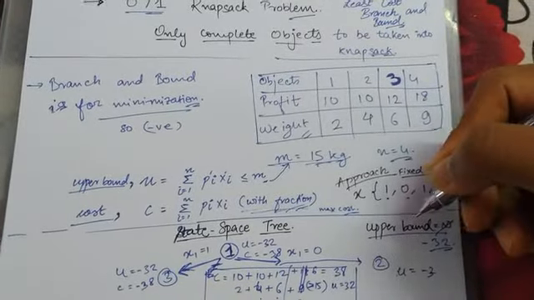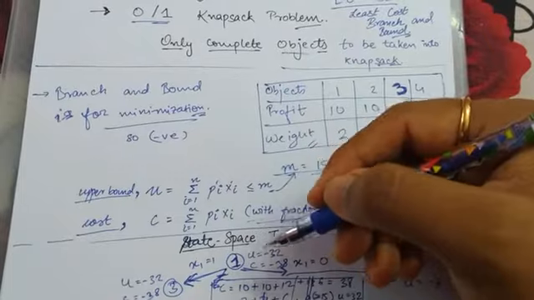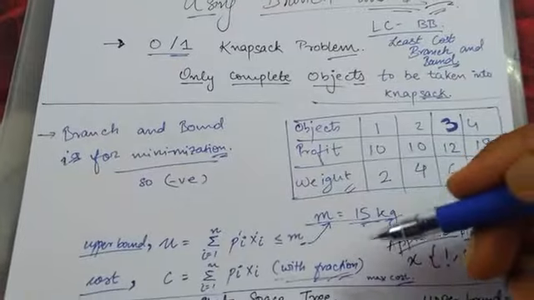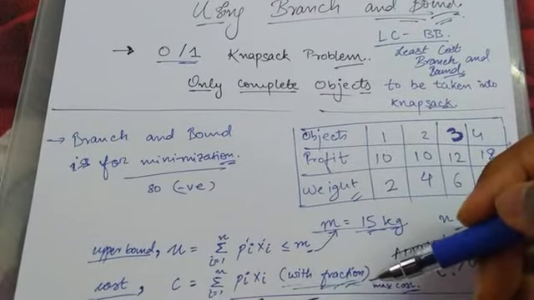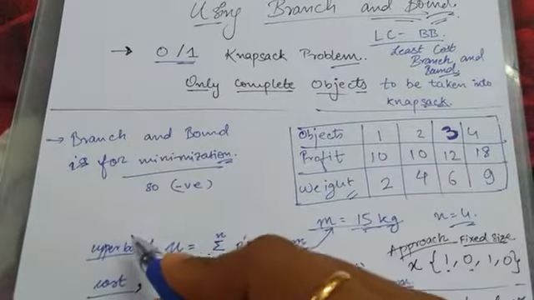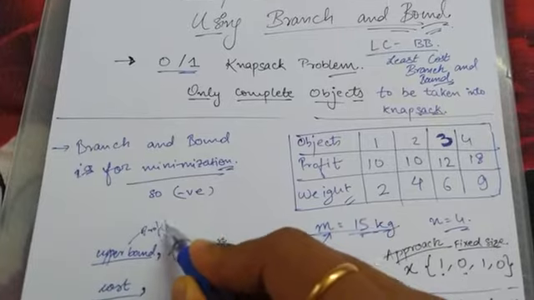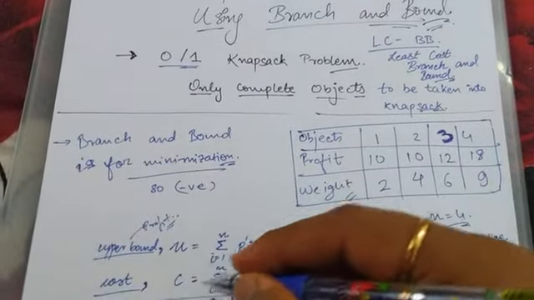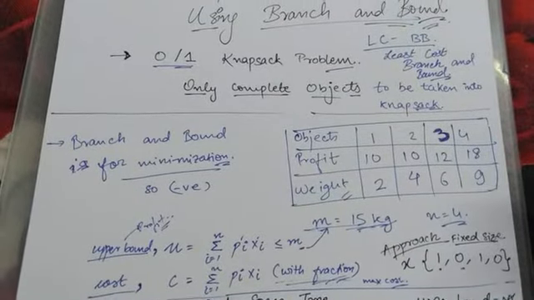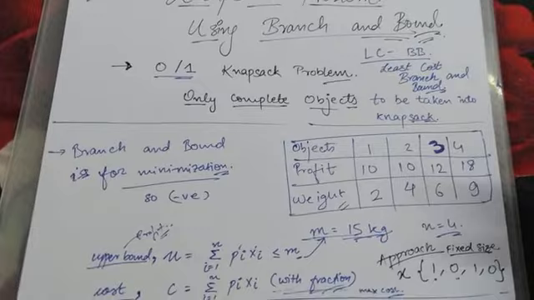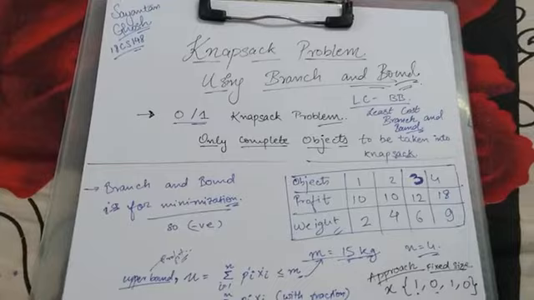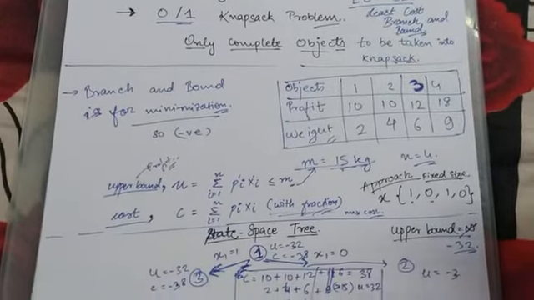We will take some upper bound and then we'll calculate the cost and the upper bound, where the cost is with fraction and the upper bound is without fractions, so that we'll get the profit out of here. The upper bound will give us the profit, and the cost will help us kill the nodes which are not feasible or which are not going to be used later. So we'll get our answers easily and fast. I will do that, generating the state space tree, on the next page.